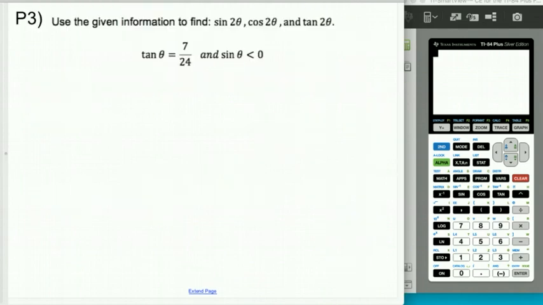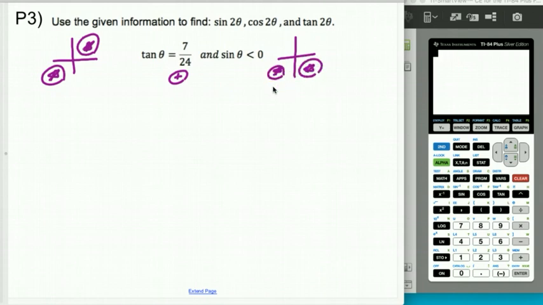So let's have you try one. So now tangent is positive, right? So tangent is positive in this quadrant and this quadrant, right? In quadrant 1 and quadrant 3. But the sine is negative, right? And sine is negative in these two quadrants. So it must mean that I'm in quadrant 3. So when I draw this,